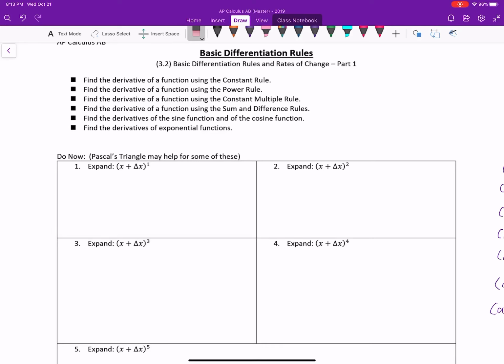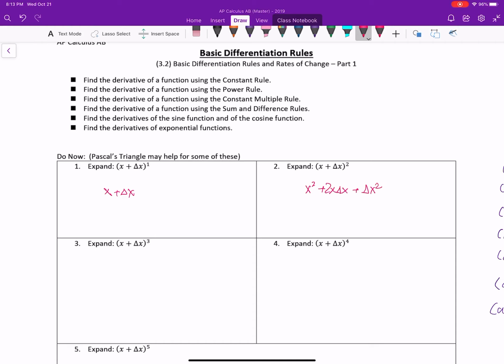Okay, so to start the basic differentiation rules, we need to establish some things. For example, binomial expansion is one of them. When you raise something to the first power, it is just going to be x plus delta x here. If you square it, you can just use any binomial squared: x squared plus 2x delta x plus delta x